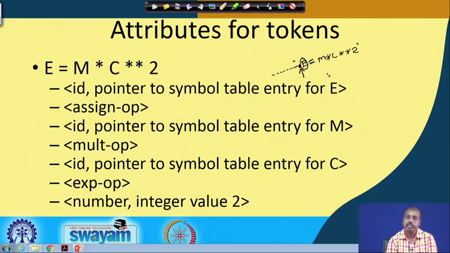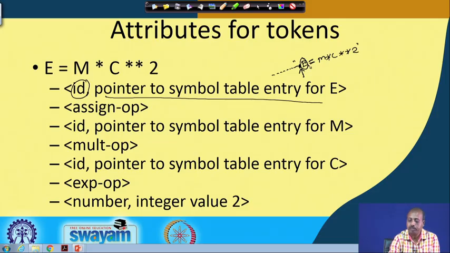Sometime later, when the line E equal to M C square comes, the lexical analysis tool gets the symbol E, identifies it as an identifier, searches through the symbol table, finds the offset of E, and returns that pointer to the symbol table entry for E to the parser. So this is the token value and this is the token attribute.